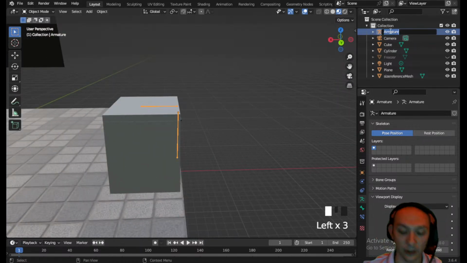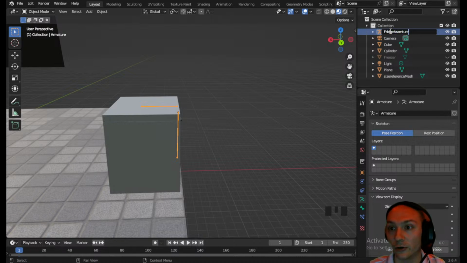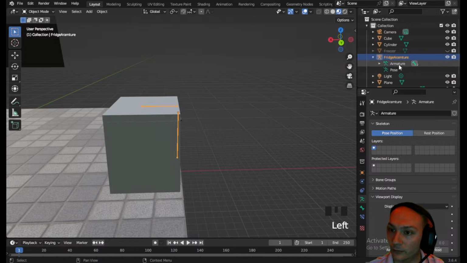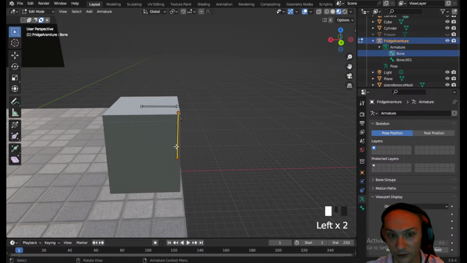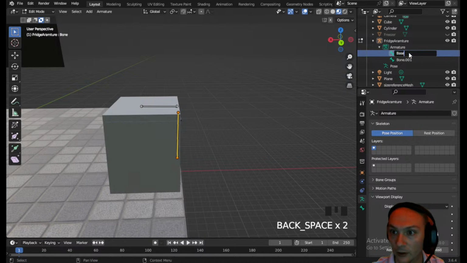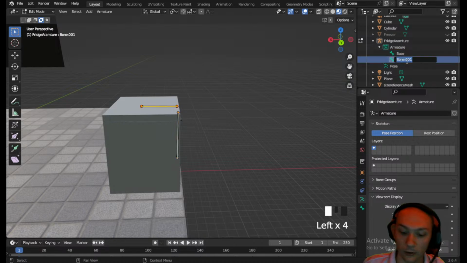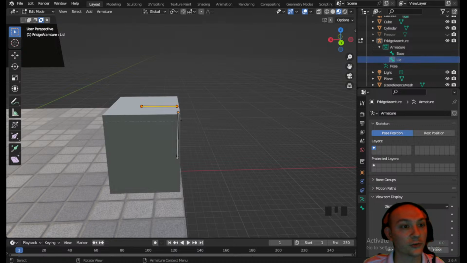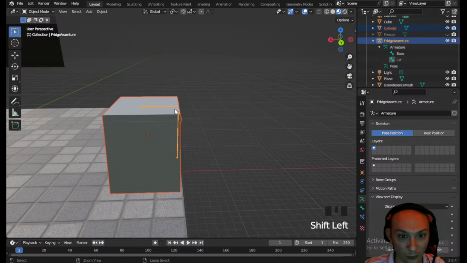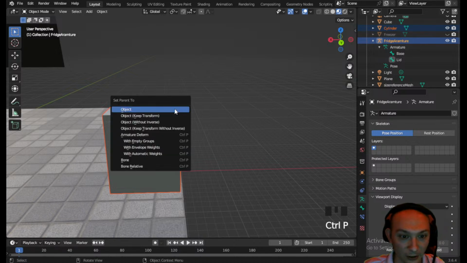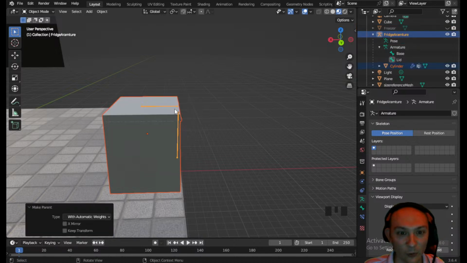Let me go here and name this fridge armature, if I can spell it. And then we will say bone. Which one are you? Let me go to edit mode. So you are, I'm going to call you base. Yeah, we'll call this base, and we'll call this one lid right there. So now we're going to grab this and grab that and say Control P, and then with automatic weights,